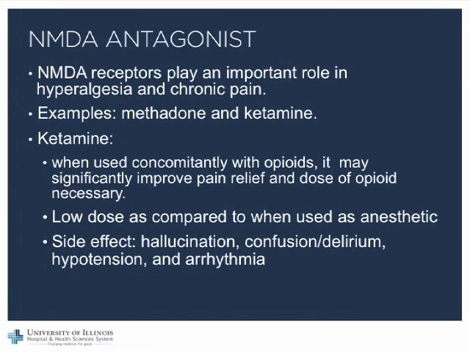We've also used NMDA antagonists. The NMDA receptor, which is a glutamate receptor, plays an important role in hyperalgesia and chronic pain. Examples of NMDA antagonist medications are methadone, ketamine, and dextromethorphan, that's cough syrup. The one we've commonly used is ketamine, and when we use it concomitantly with opiates, it may significantly